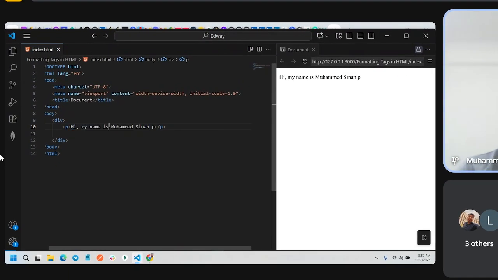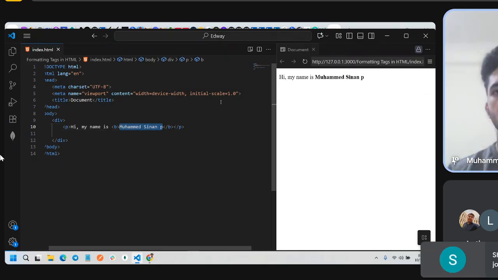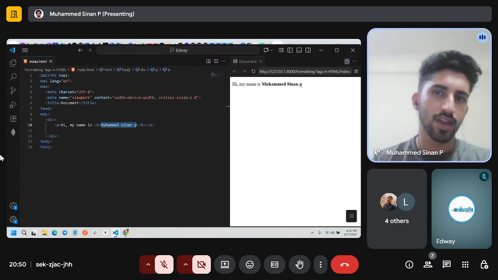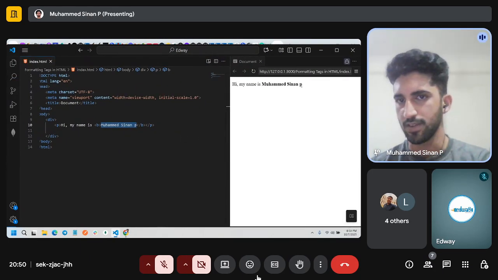But if you are using formatting tags, it's very easy. If you have a bold tag here, the appearance changes, but this appearance can be done using CSS itself.